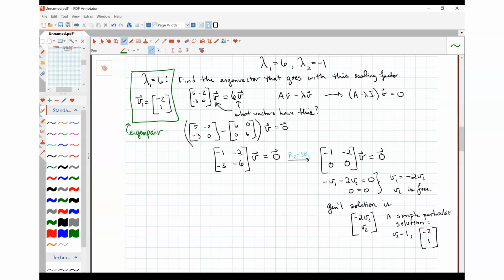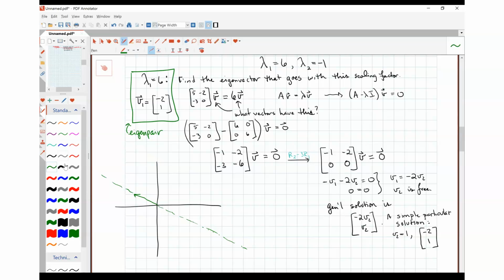And when I see that this is an eigenpair, I already have a partial picture of how this linear transformation treats vectors. So this vector v1 describes the direction, right, by saying, okay, -2 and then 1. So that is the vector that I've written down as v1. Again, any vector that points in that direction is an eigenvector. I just wanted to pick something that was fairly simple. So the fact that this is an eigenvector that I found this way, and that the eigenvalue associated with it is 6,